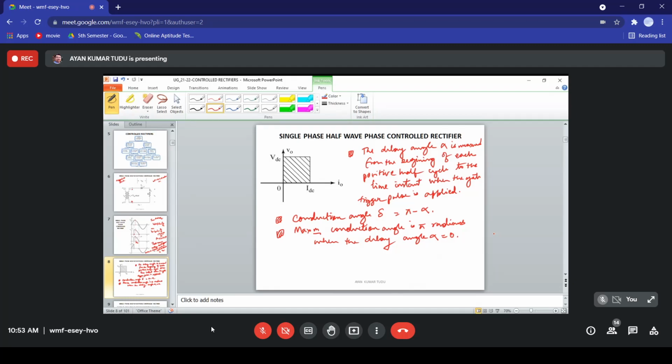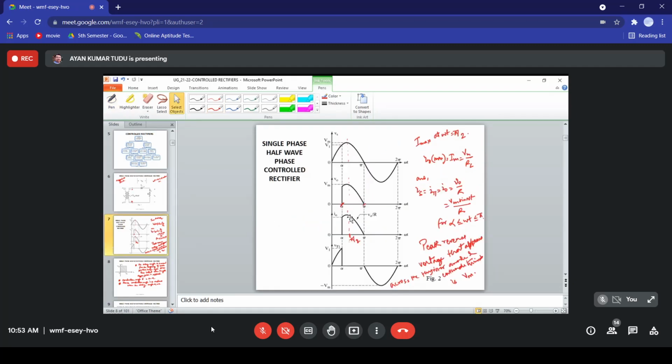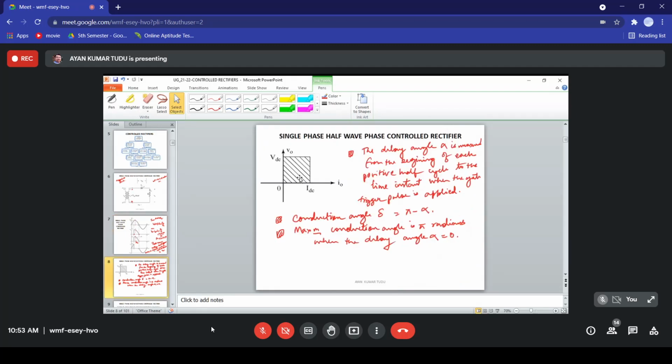And one thing is clear from this waveform, that since the output voltage and current are in the same polarity, as you can see here,